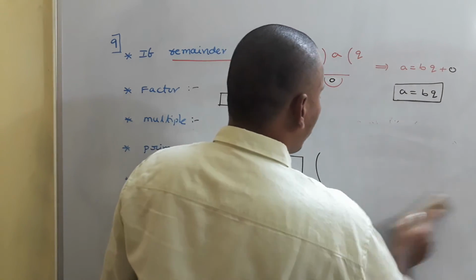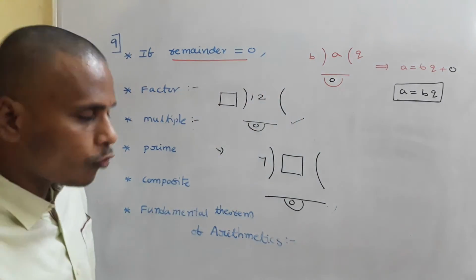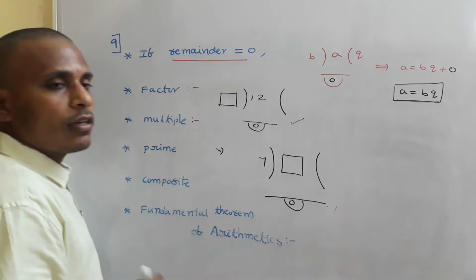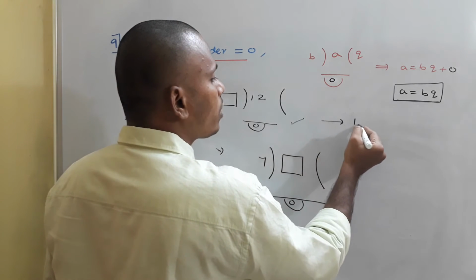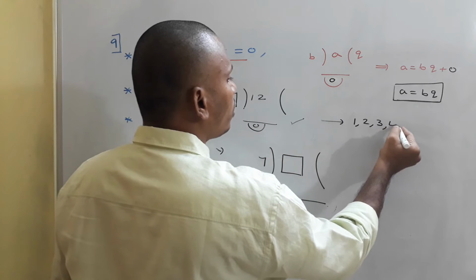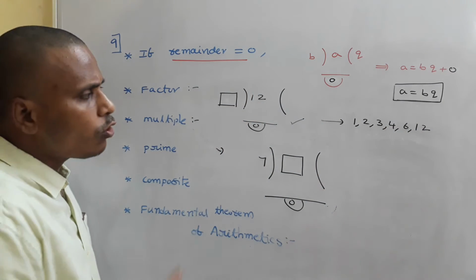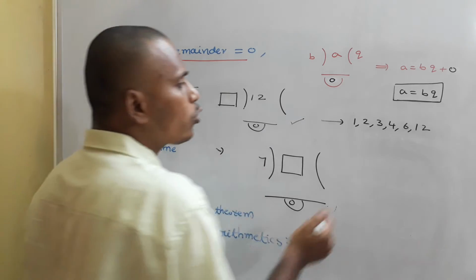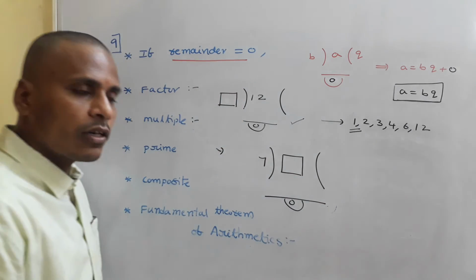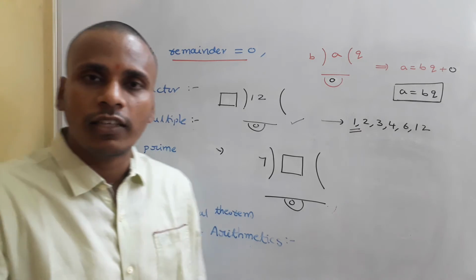Okay. So as I said, if anybody asks you to find the factors of 12, you need to think about the possibilities for this blank, and we know the possibilities are 1, 2, 3, 4, 6, 12. These are the possibilities of this blank. So factors are finite, and among those factors, 1 is the least factor. Usually every number has 1 as a factor.